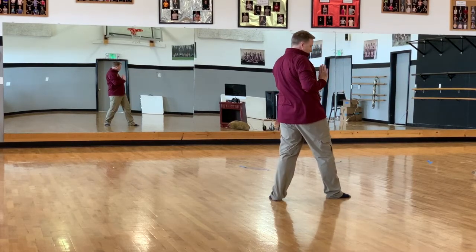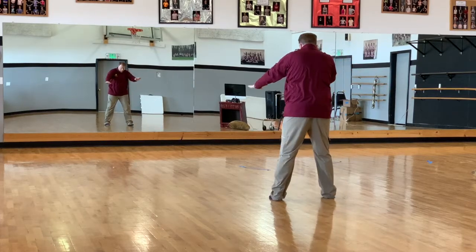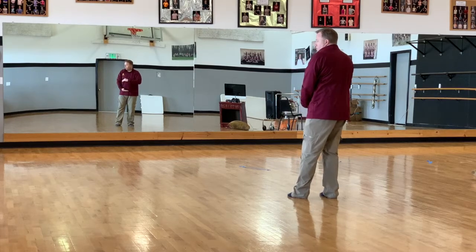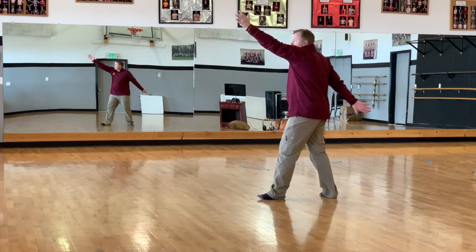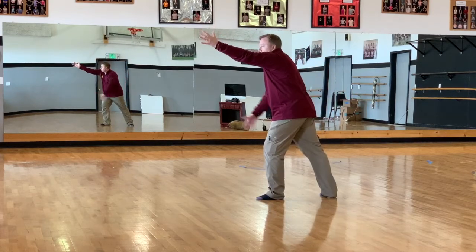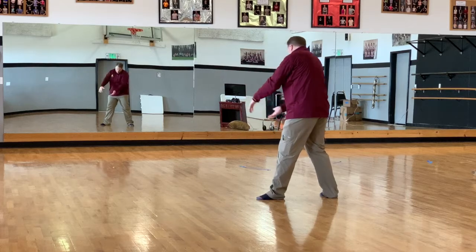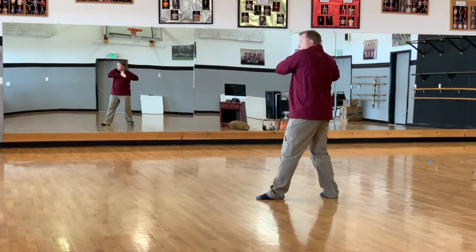And push. Palms to the floor as we come around, rotating to the front. Hold the ball with the right hand on top. Now we shift to the top hand side. The bottom hand comes up, top hand back. That back hand comes up and grasps the ball, turns it over, brings it back around, palms together, push,